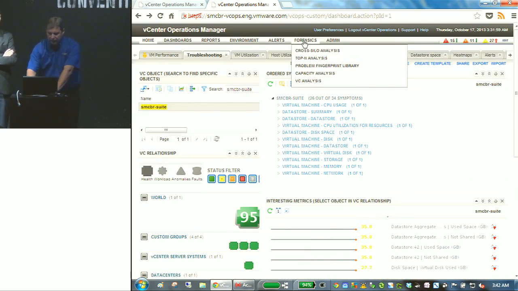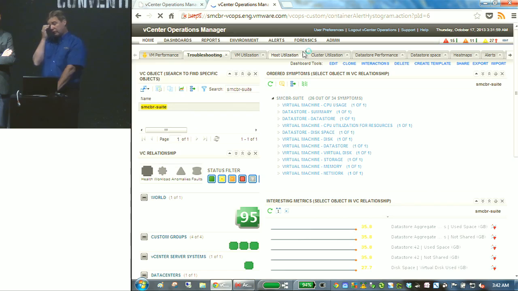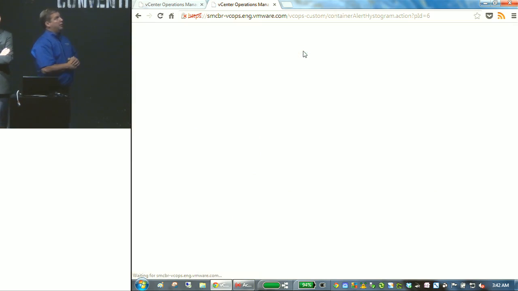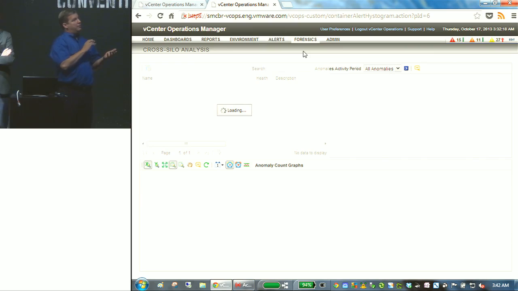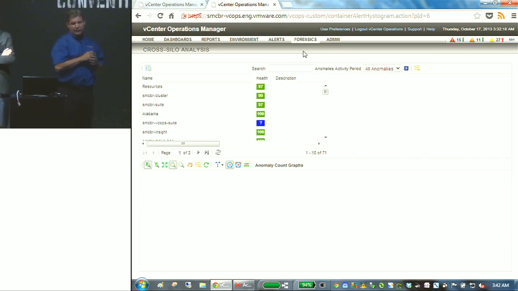Another useful area is something called cross-silo analysis. This is similar to the details page that I created, the summary, the dashboard that I created for investigating. But in this particular case, it's one that's tailored for finding problems around multiple objects. So if I had a VM such as Suite,